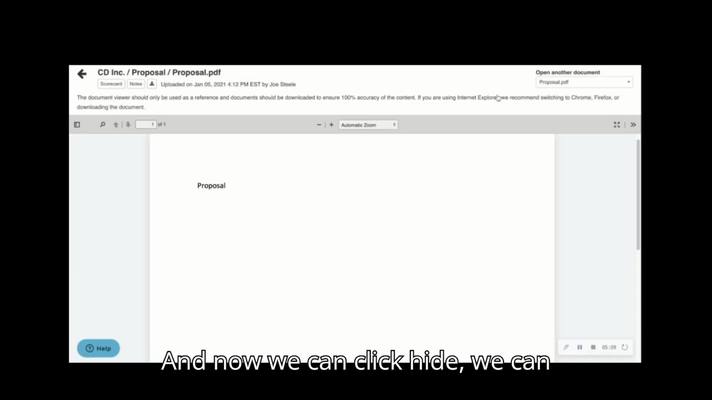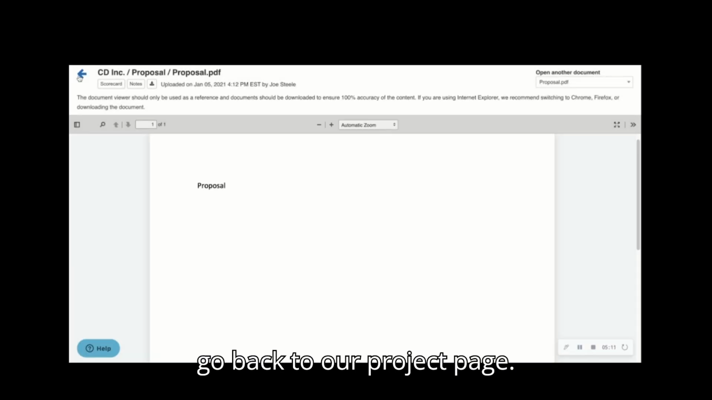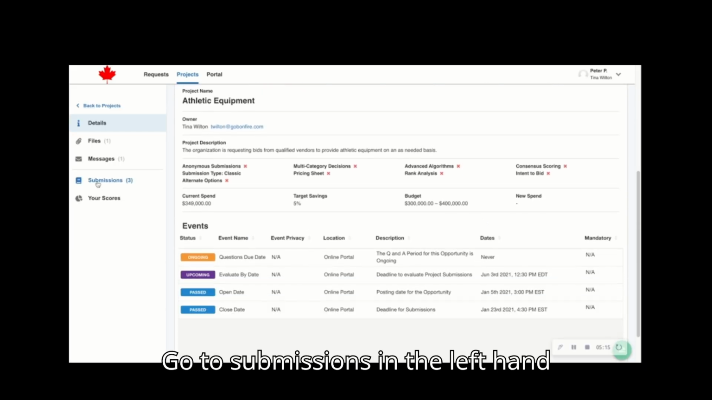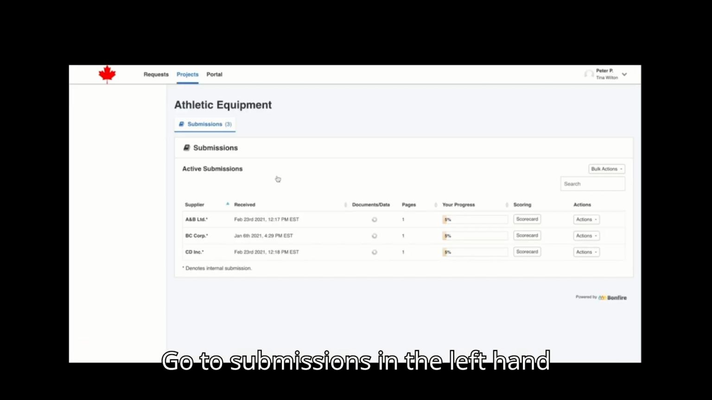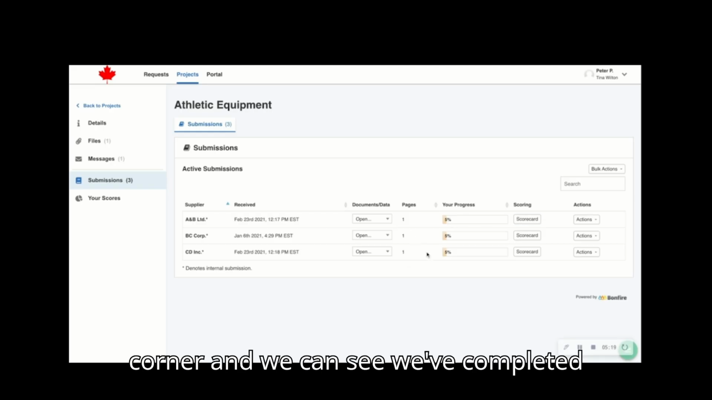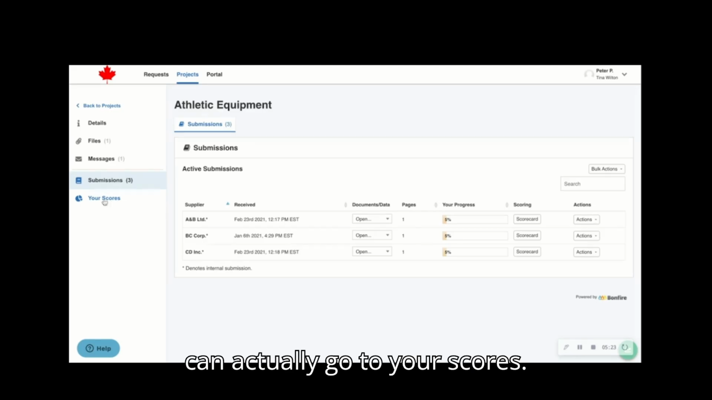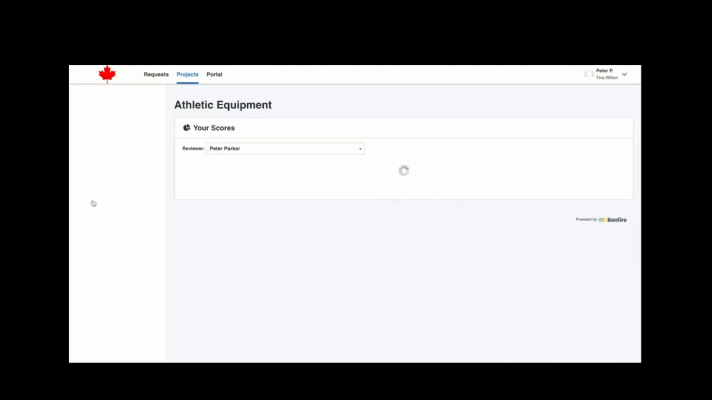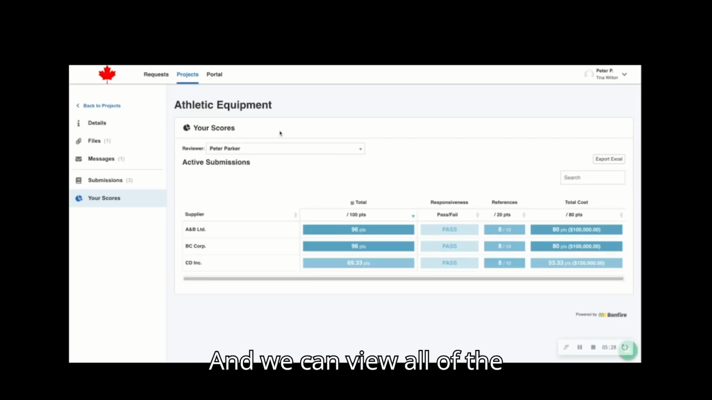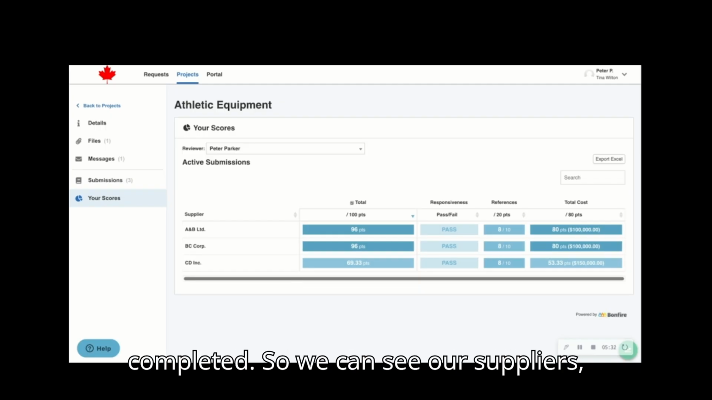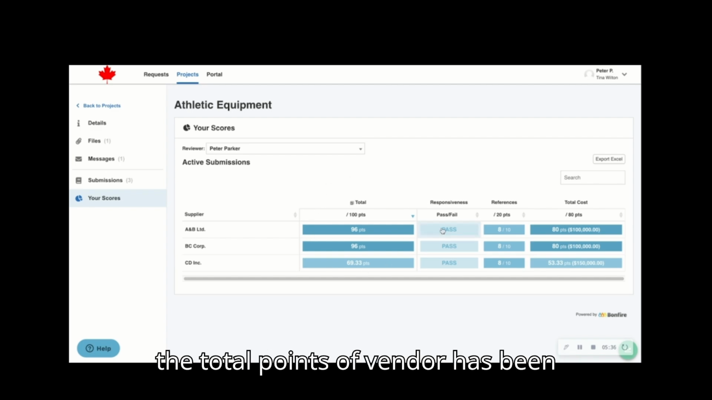And now we can click hide. We can go back to our project page, go to submissions in the left-hand corner, and we can see we've completed more of our evaluation. So now we can actually go to your scores, and we can view all of the scores that Peter Parker, myself, have completed. So we can see our suppliers, the total points a vendor has been awarded,